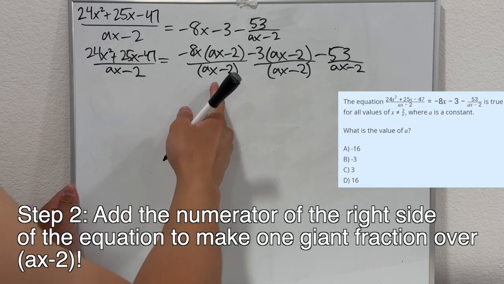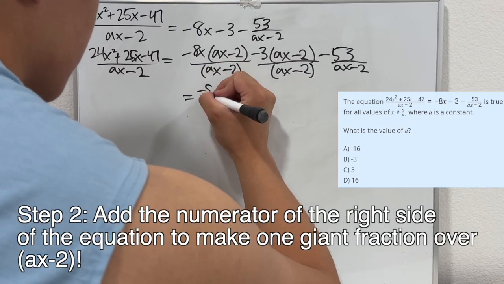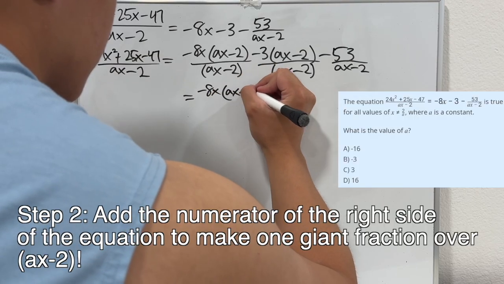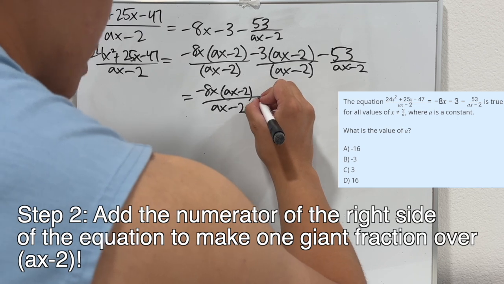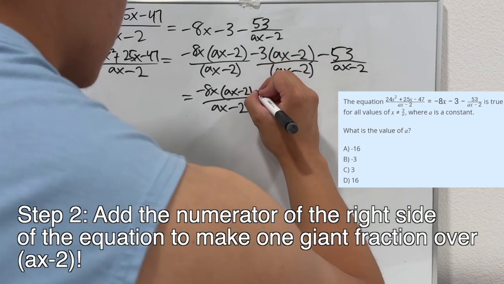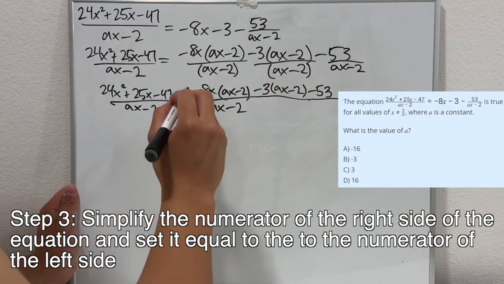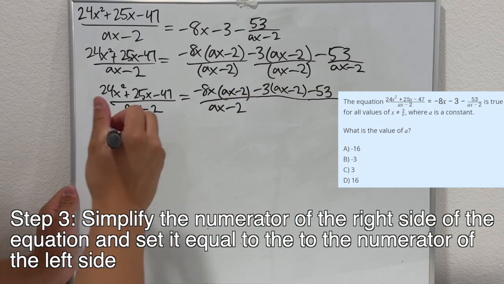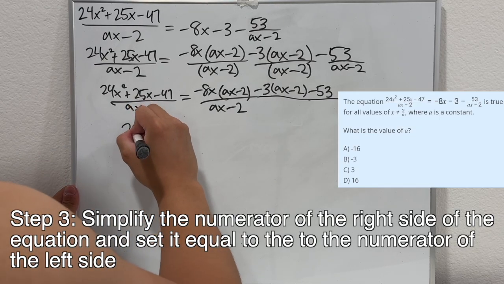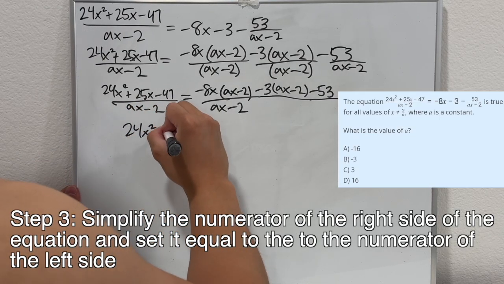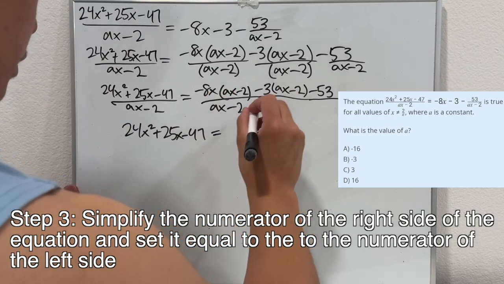And from this point, we combine like terms. So we now have negative 8x times ax minus 2 over ax minus 2. And now we just put everything over ax minus 2. So we rewrite the top. And at this point, we simplify the top, and we can forget about the bottom because the bottom is equivalent anyway. So if we rewrite the equation, we get 24x squared plus 25x minus 47 equals,